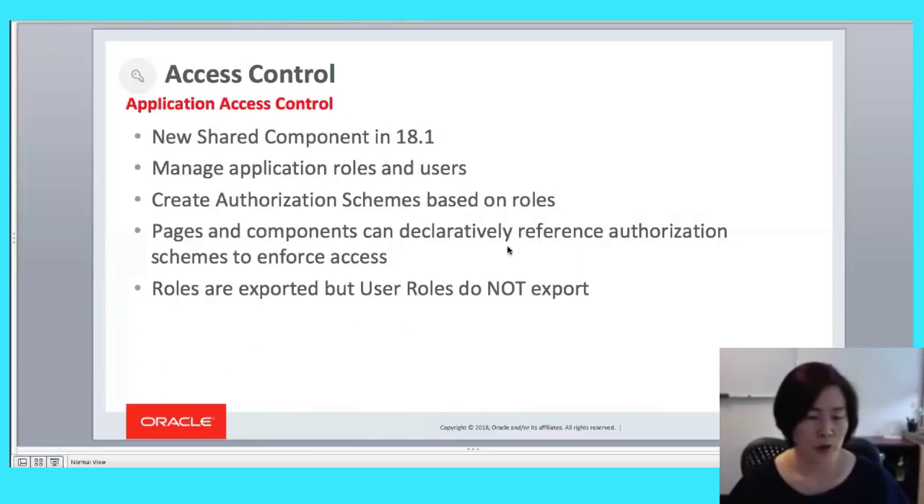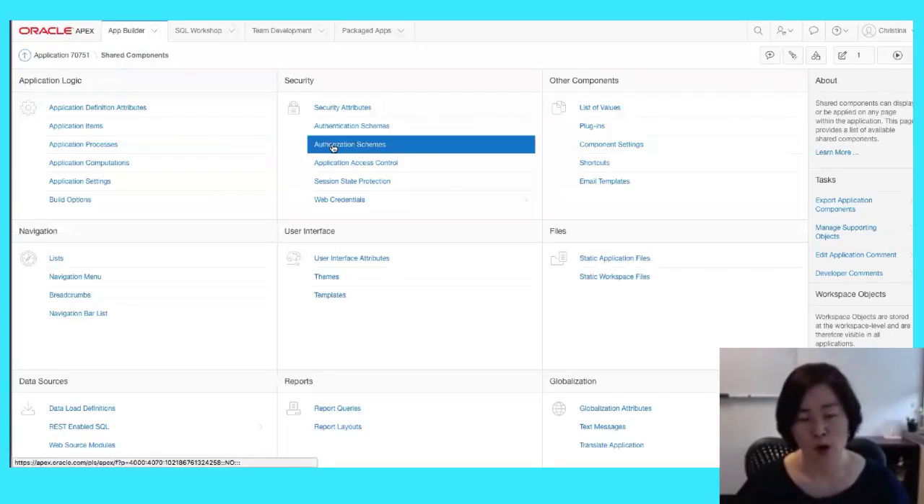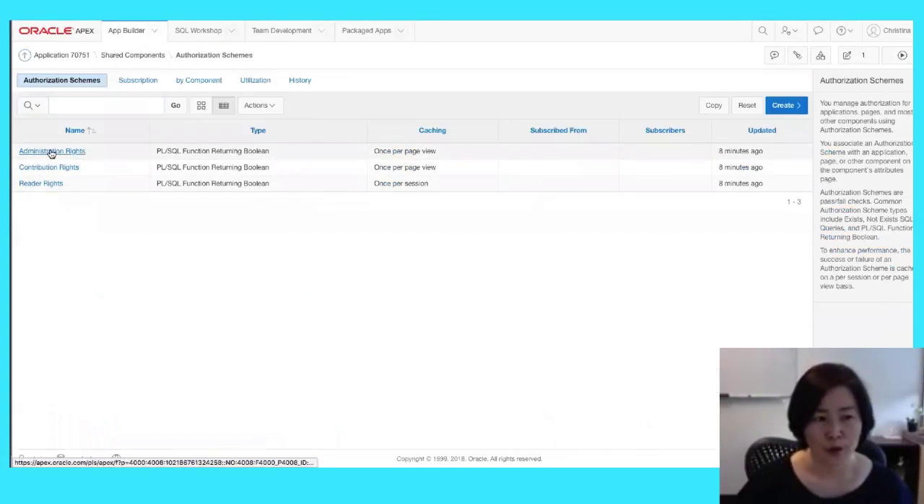So this is a new share component that the access control feature uses. And this is where you manage application roles and users. Let's go back to application access control again. Once all these roles are defined within application access control,